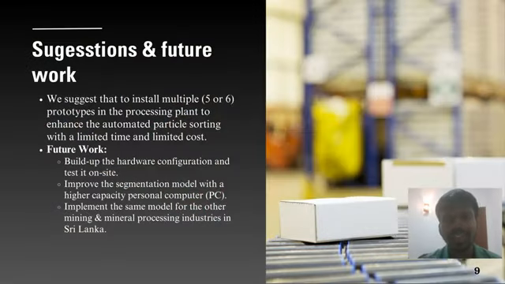Moving on to our suggestions and future work. To enhance our proposed system, we first suggest installing 5 or 6 prototype units across the graphite processing plant. This would increase throughput and allow testing under real industrial conditions. We also recommend linking all prototypes to a central monitoring system to collect data in real time, helping operators track